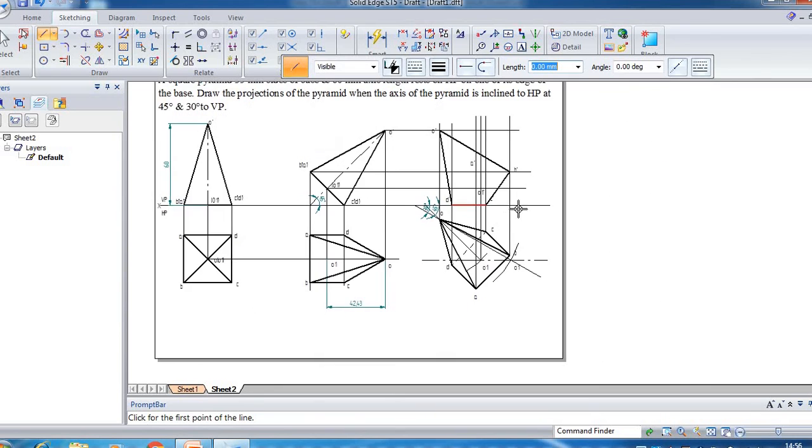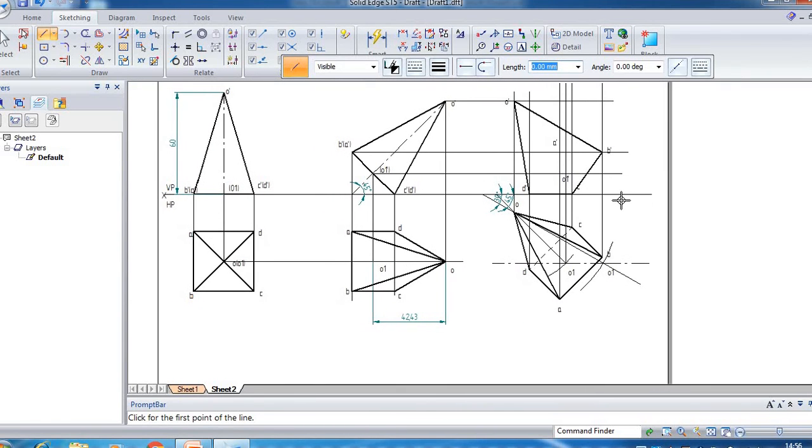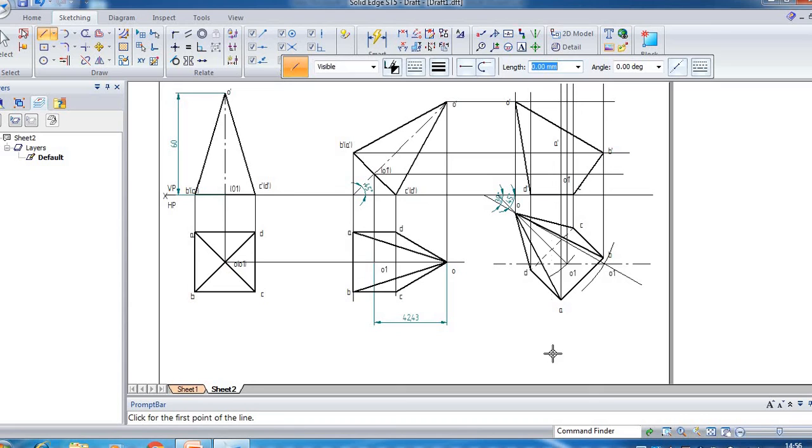Now to find out the hidden and solid lines, you need to look from the front. In the front, if you look here, A is the visible corner. So if A is the visible corner, A to B is visible, A to D is visible, A to O is visible. So make these visible lines thick, and the remaining lines hidden lines. So A to D is solid, A to B is solid, and A to O is solid.